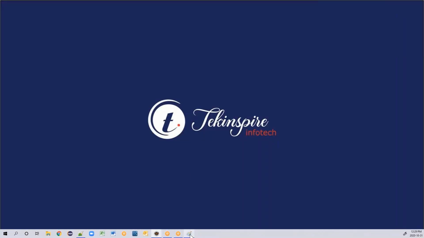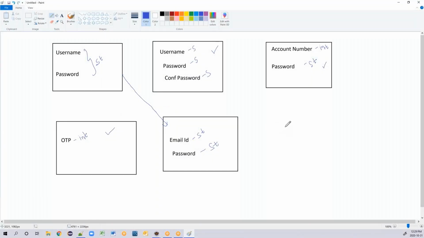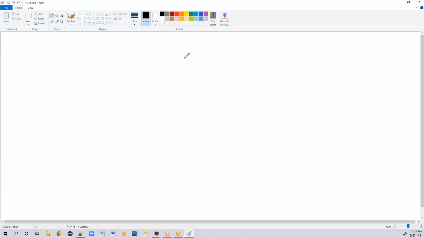Okay. So I feel paint is better. Yeah. Okay, let me clear this off. So we achieved all these combinations. I'm not saving this. All right. Okay, so let's see where this will be used.